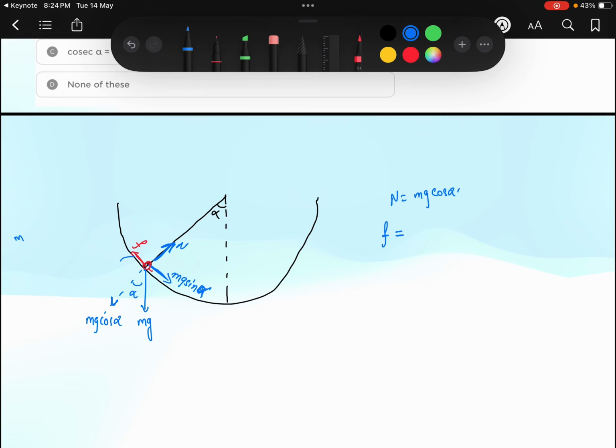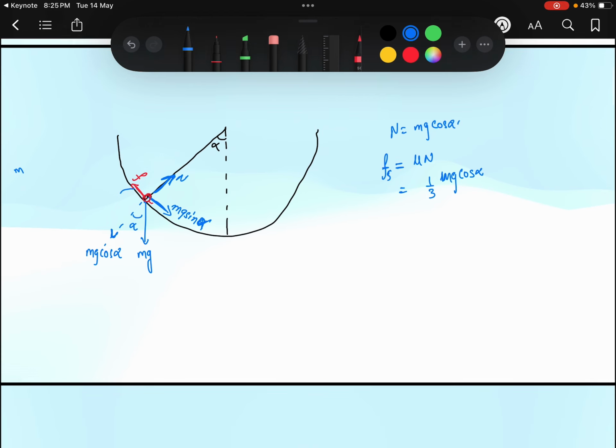Okay, and the value of this frictional force we already know. If this insect is stationary, then static friction will be there, that is equal to mu into normal. So here the value of mu is given, that is equal to 1 by 3, and normal we have calculated, that is equal to mg cos alpha. Okay, so along the line parallel to this surface, if I write the equation of motion, since this insect is not moving,